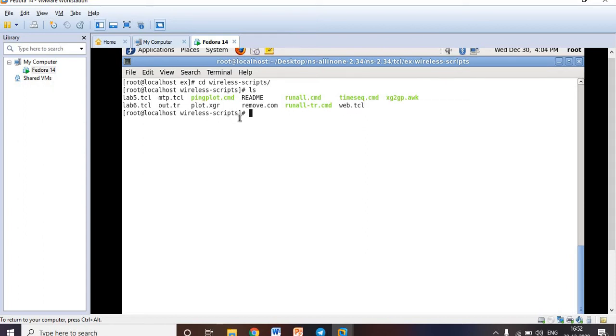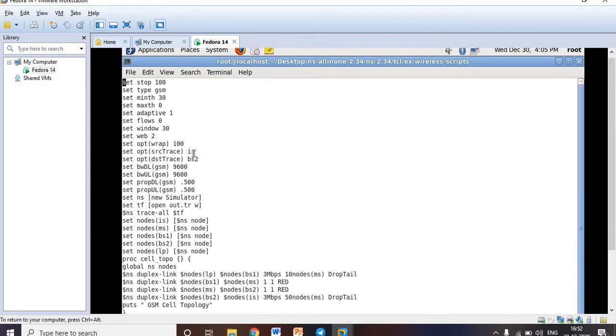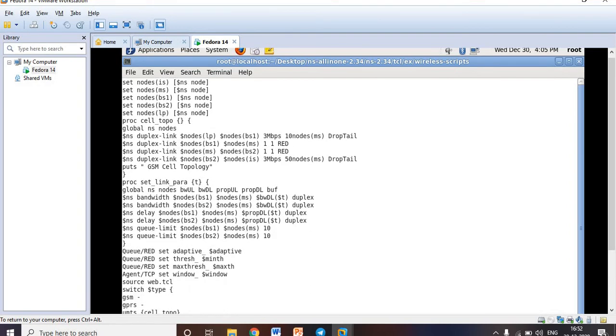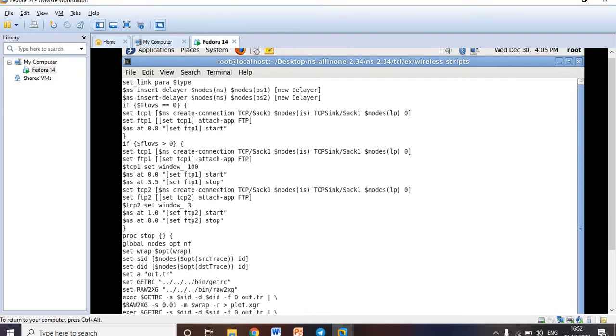Within this wireless script folder you have to create and save your fifth program. So how to do that? vi space lab5.tcl. lab5 is the file name. You can give any name you want. So this is the fifth program. I have already typed the program, so no need to type again.